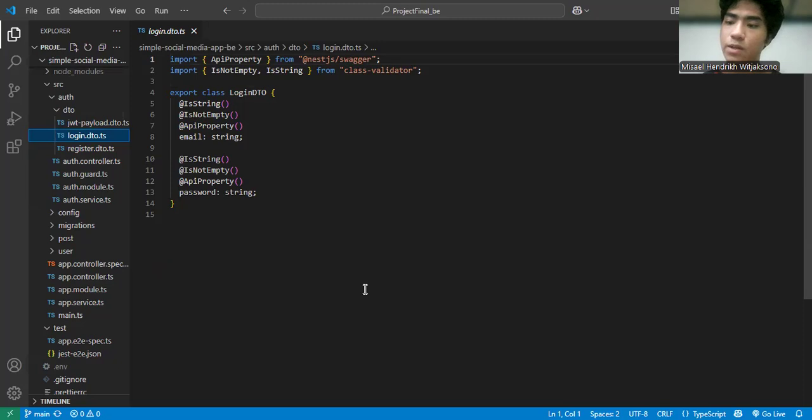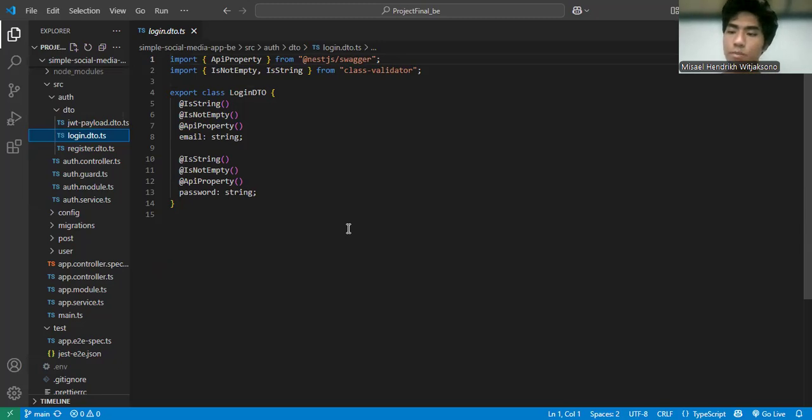For the response, if the login is successful, it returns a JWT, JSON Web Token, in the response body, which the client can use for subsequent authenticated requests. If the credentials are incorrect, it returns a 401 error.